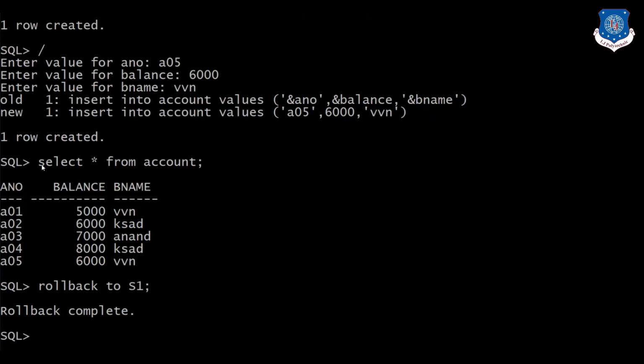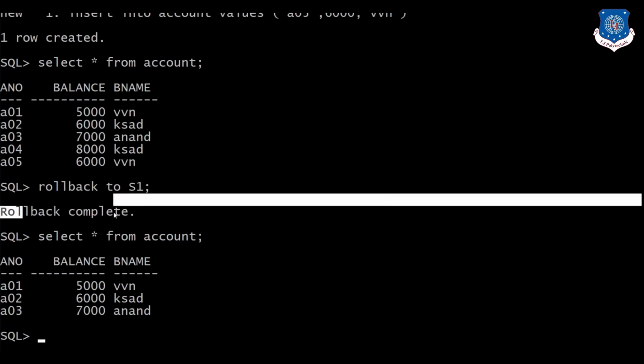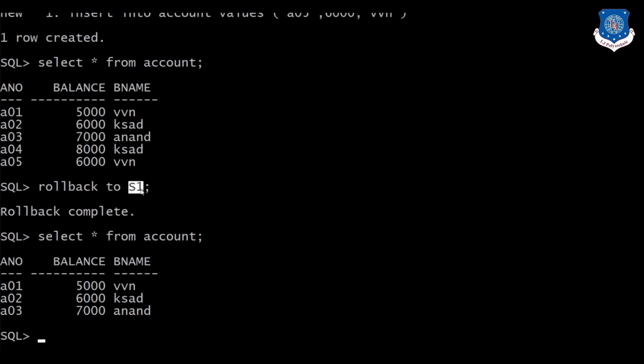Now have a look at the table account. We will be having 3 records only, as we have undone the transaction till the save point that we have created earlier, S1. So this way rollback works.